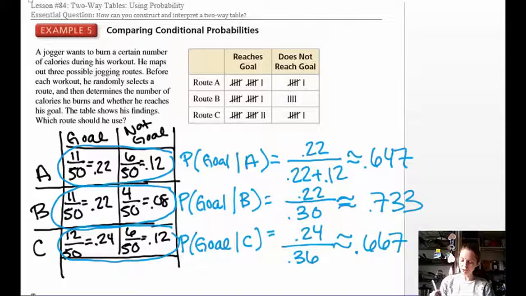And so which route should he use? Well, the route where he's most likely to reach his goal is route B. So the probability that he reaches his goal is greatest when he uses route